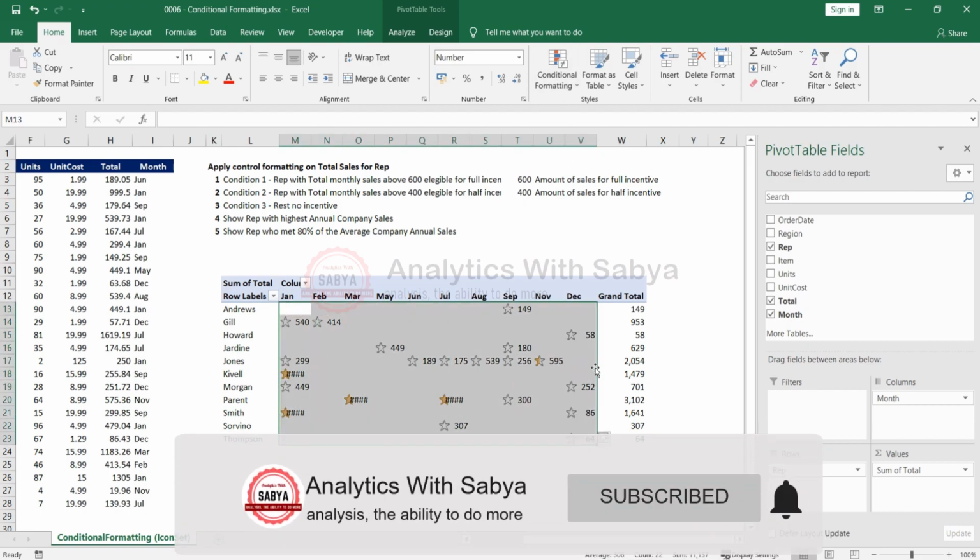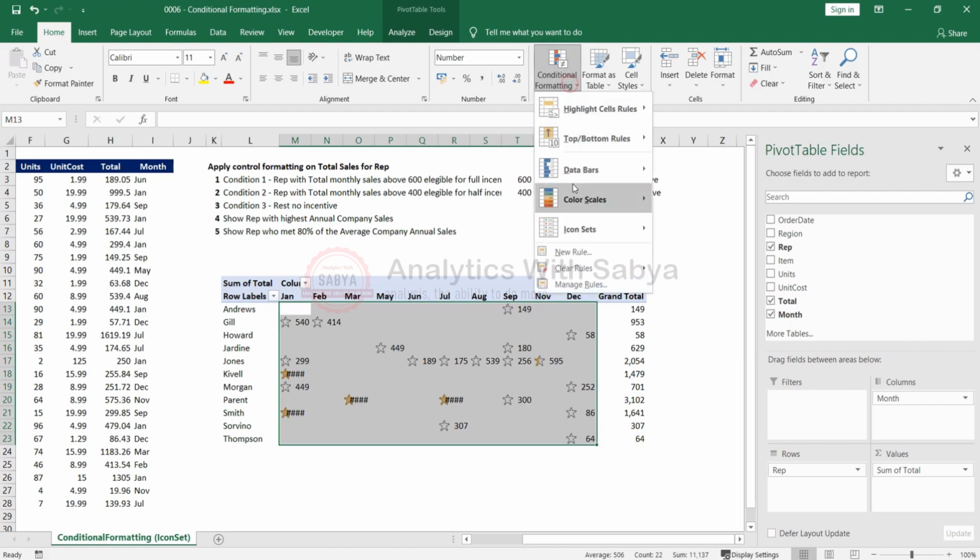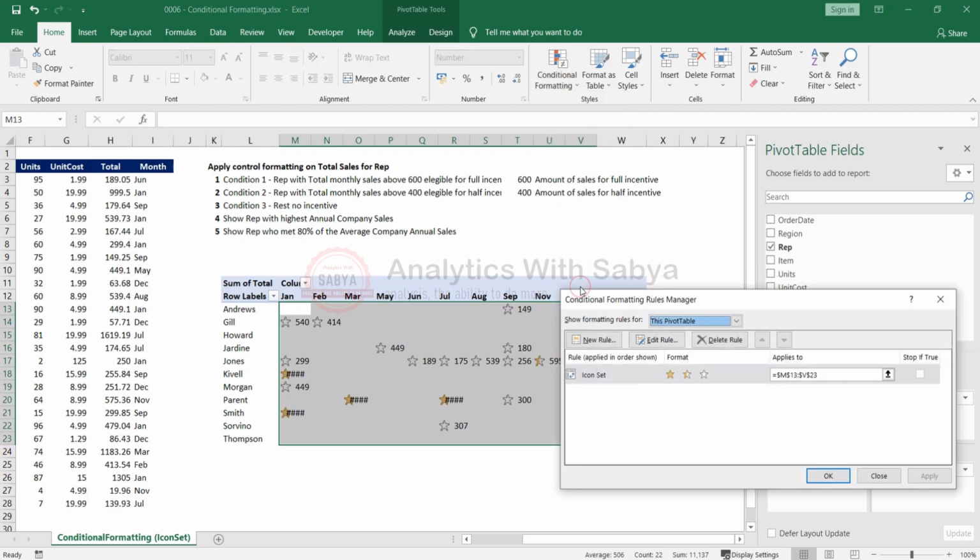But now what we need to do is get into the conditional formatting and see what exactly has happened, and we need to make changes to the default settings that Excel has decided for all these formattings. For that, we highlight the cells, click on conditional formatting, and here you will see manage rules. Click on manage rules. You will see the formatting over here. Click on that and then you can click on edit rule, or you can just double click on this.